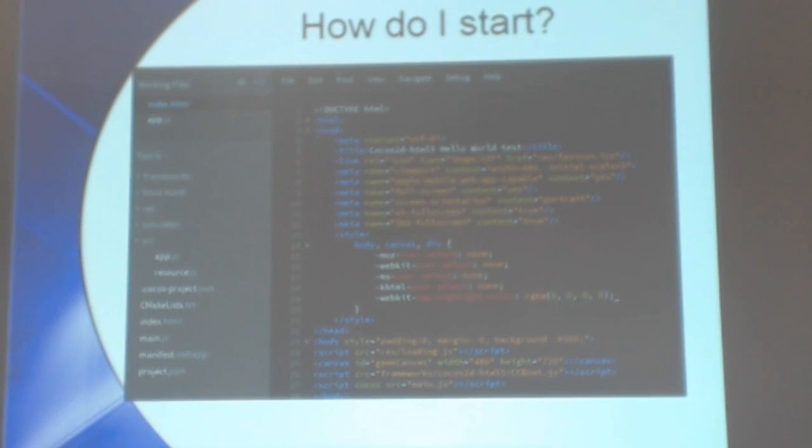Cocos2dx allows you the possibility to just do your code on your own. A lot of programmers will like this approach, like not having any graphical user interface at all. You can definitely do that. If you are going to do that, I'll recommend you Brackets, which is a JavaScript editor created by Adobe. It works really good.